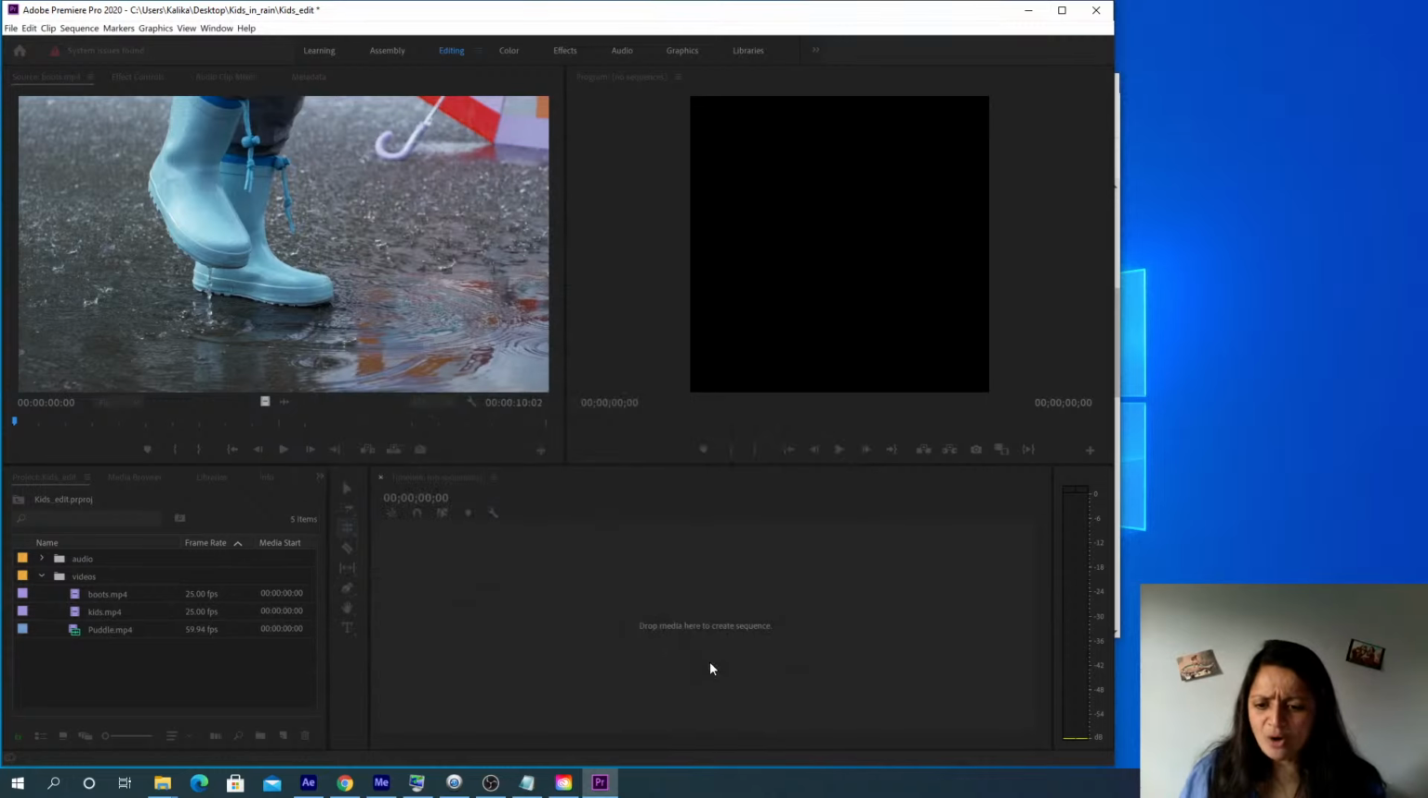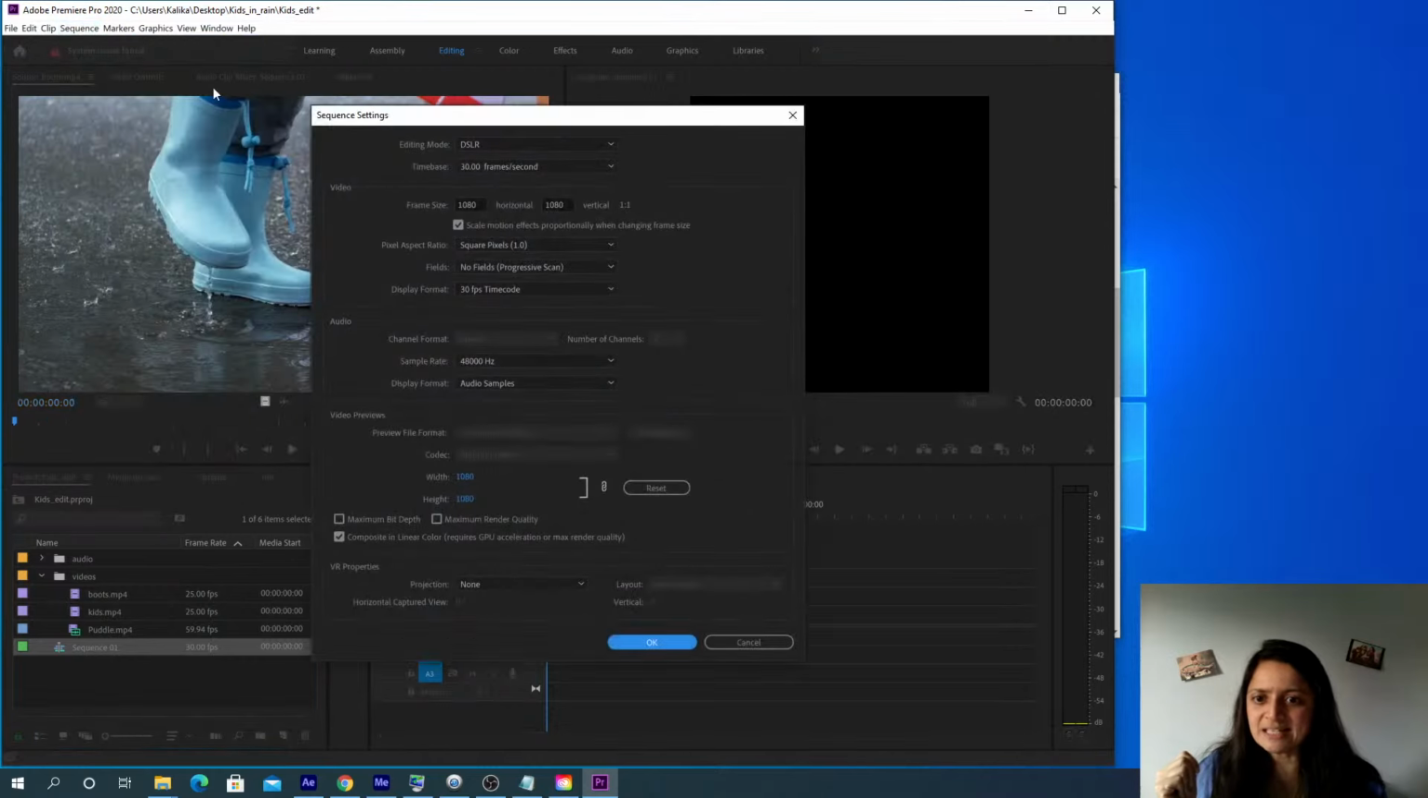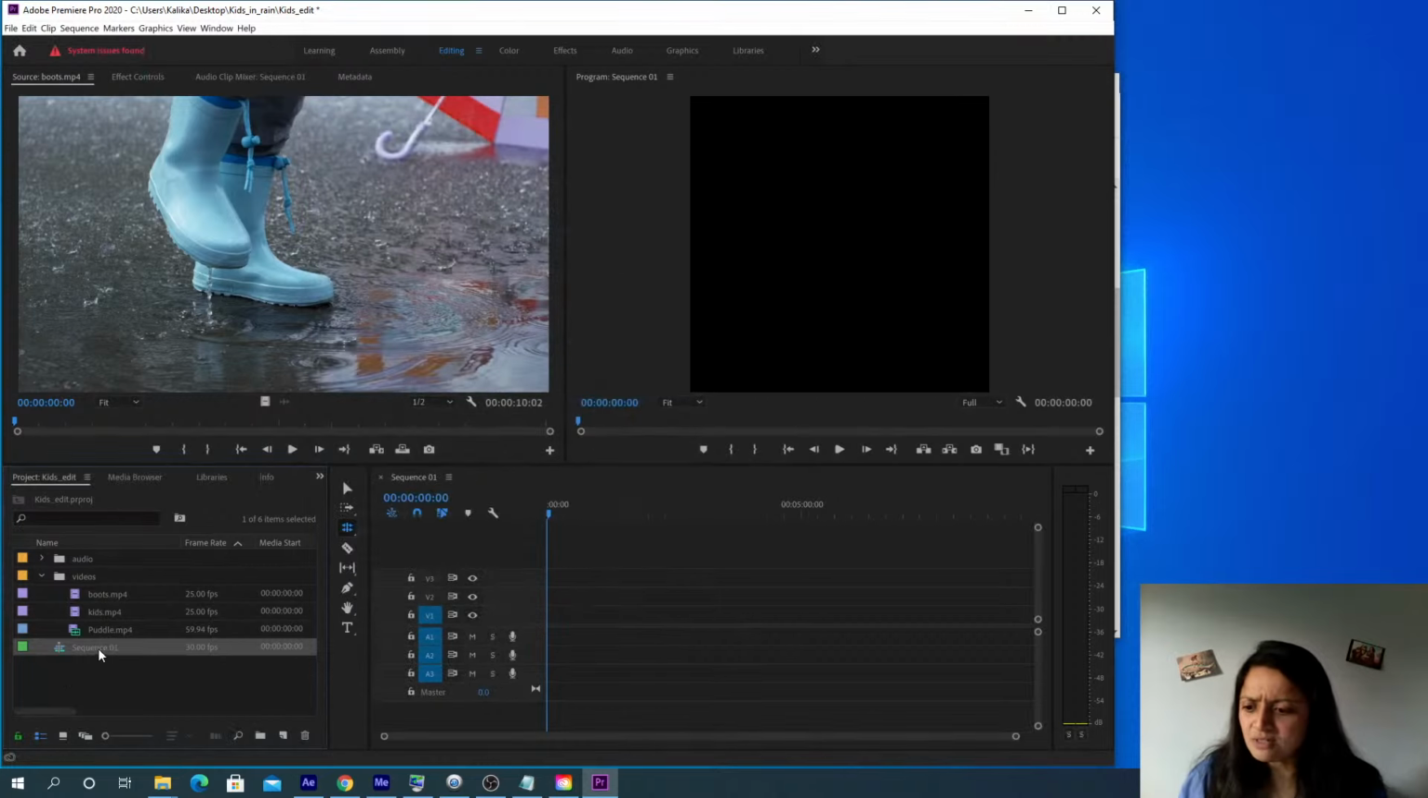So if you hit okay and you're like, oh, I forgot, I was supposed to change stuff, you can click on the sequence and go to sequence menu, sequence settings, and you can change even the dimensions and frame rate. That's good. Oh, whoops. To rename it,